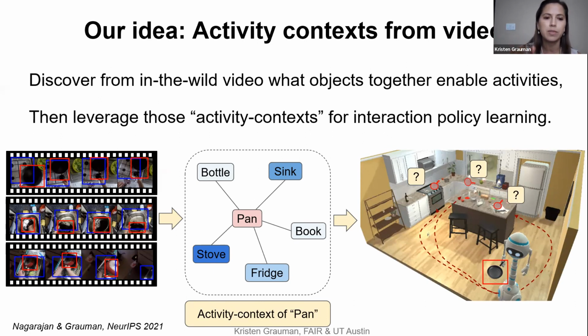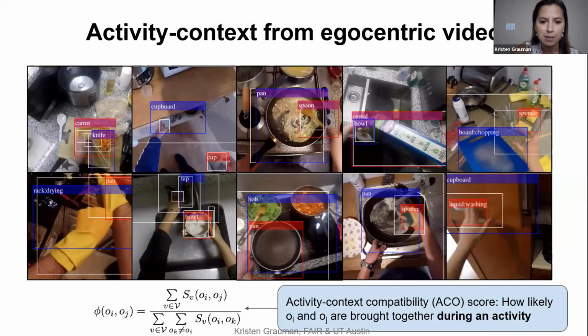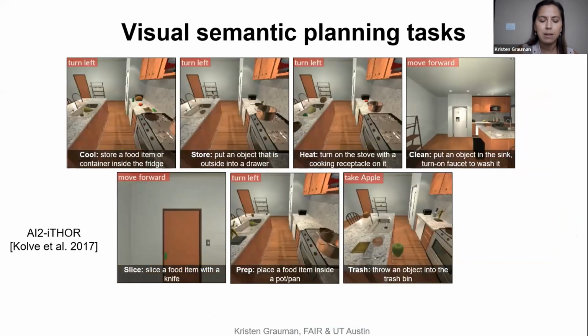Okay, so this is the approach from video to the interaction agent. And as you might know from the picture, we're going to be exploring this in the AI2-THOR environments, where we have agents that can both navigate and pick up and put down and use objects. So we build up those associations, as I mentioned, from the ego video. Things will come out to say that knives with carrots were achieving certain interactions, the sponge with the dirty pan, and so on. And what you're left with is a score for every pair of objects, saying how they can be brought together for an activity.